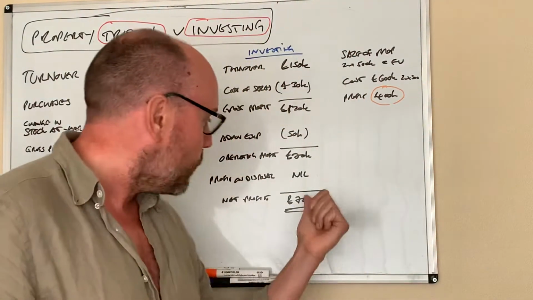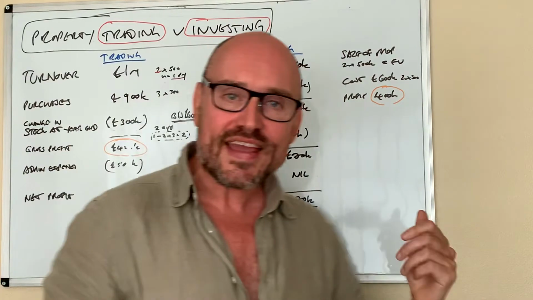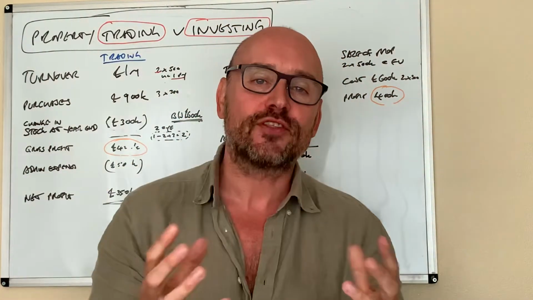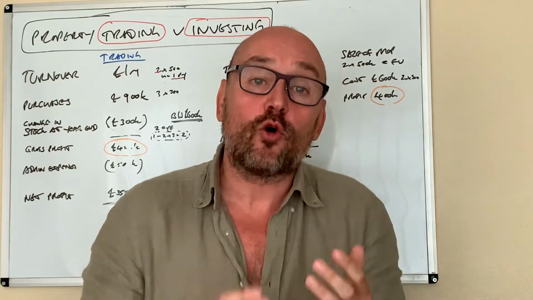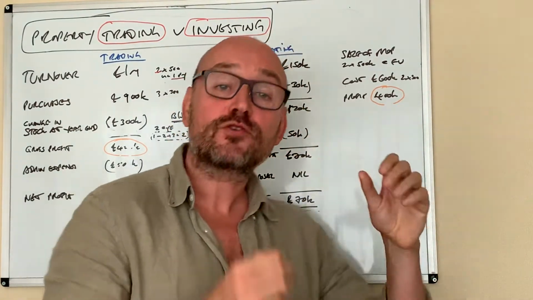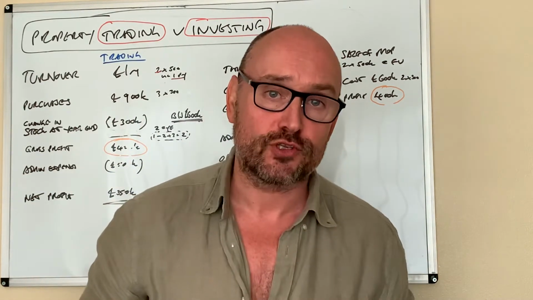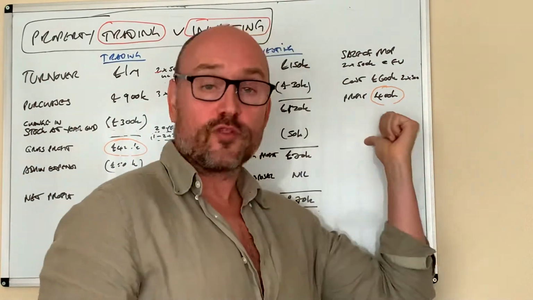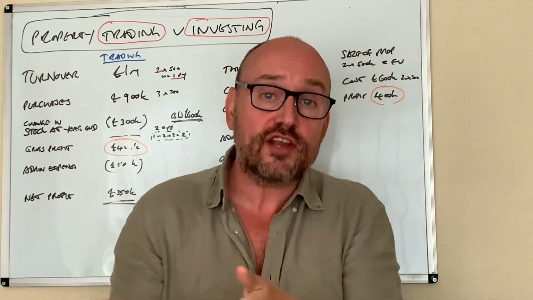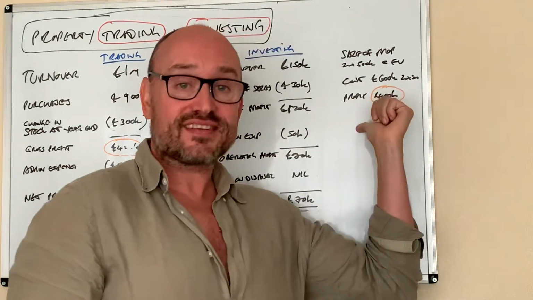No. Even though the 400 hasn't hit the P&L, we still have to pay tax. And it just happens that the mechanics of that all go on behind the scenes, as it were, from the accounts on the company tax return. So the company tax return for the property investment will go in the capital gain section. You pay corporation tax on capital gain, because strictly this is capital gain,